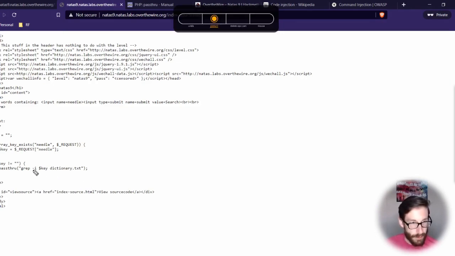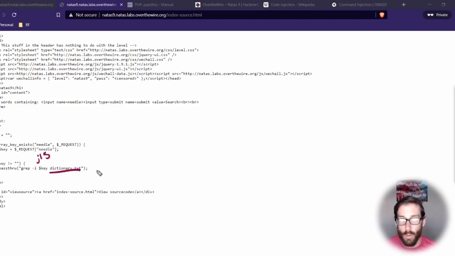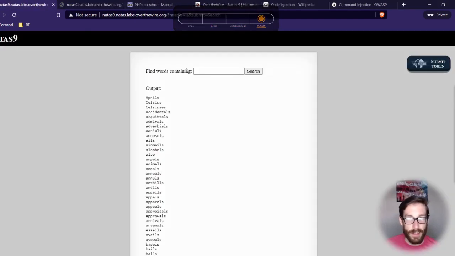you can see that if we include the semicolon after this, then it's going to consider it a command instead of just text. Right now we have grep -i, but if we had a semicolon after the -i and included ls, it's going to consider grep -i as one command, and then semicolon ls as the additional command, and that ls is going to basically list this or whatever else we want it to do. So that's one thing that I struggled to realize, and then finally came to the realization that was the case.